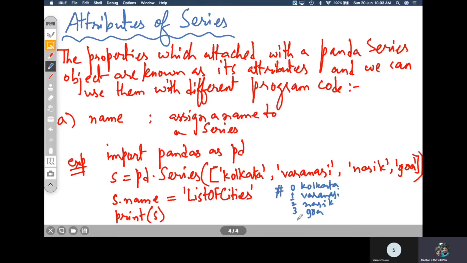Apart from that, it will show you the name of the series which we have given, that is list of cities, and after a comma, it will give you the dtype, dtype equal to object, right? So this will be the output of this particular code.